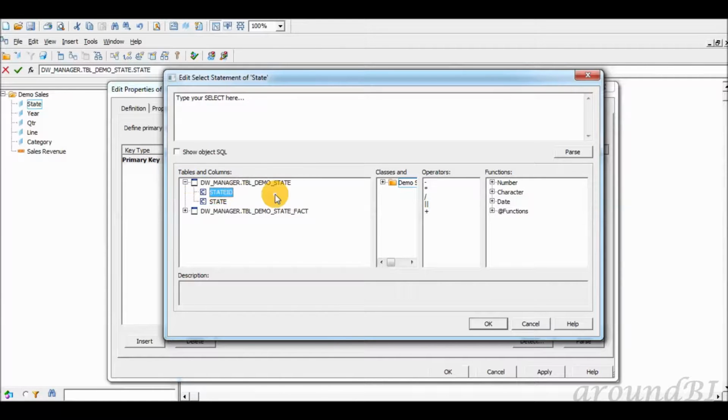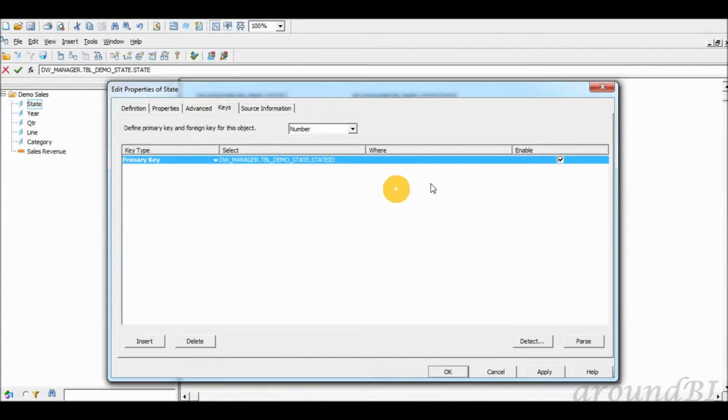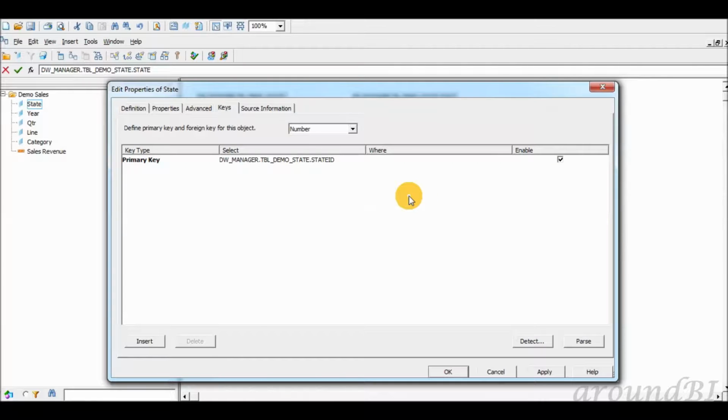Parse it to check proper syntax. Also, we have objects and different functions available to pick other combinations. Click OK. We can add a where clause if necessary. Next, we will add another key, that is the foreign key.